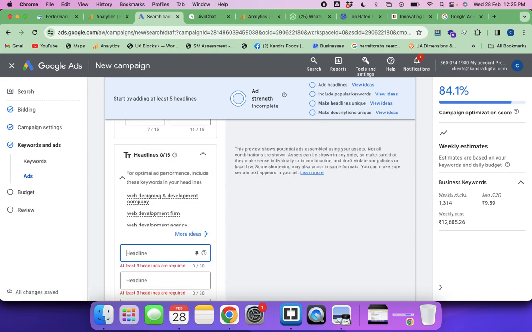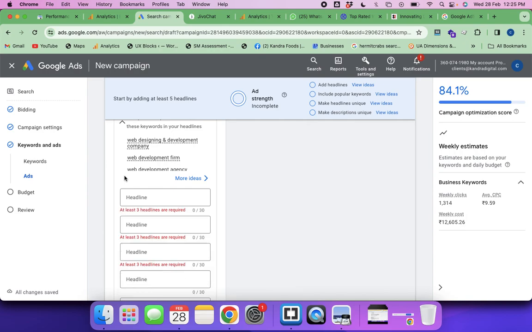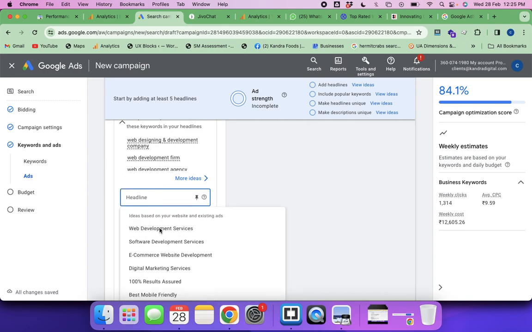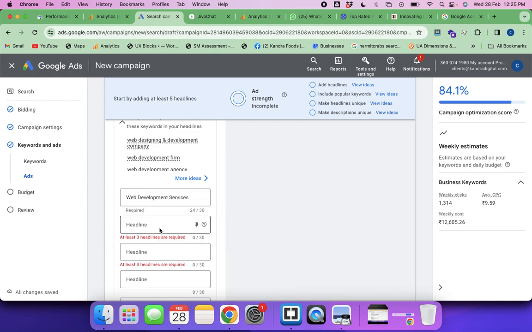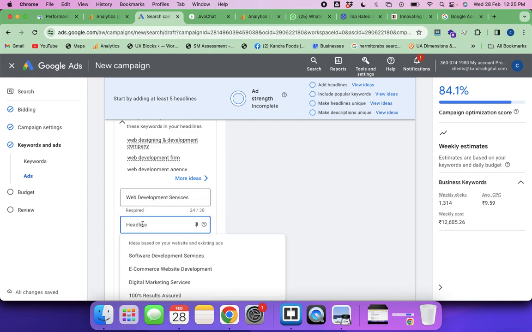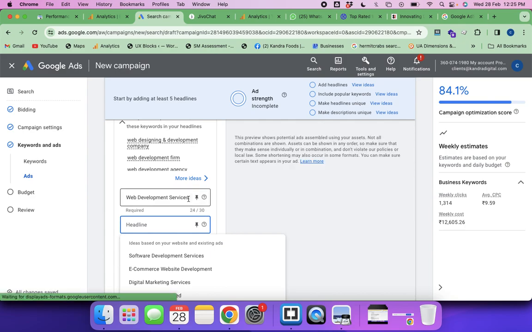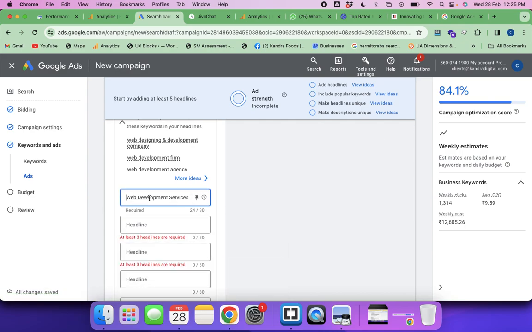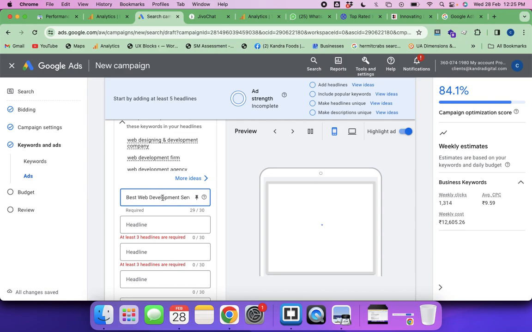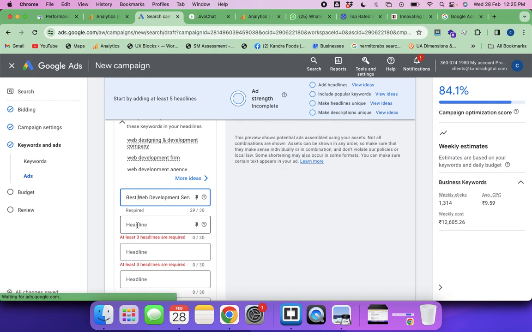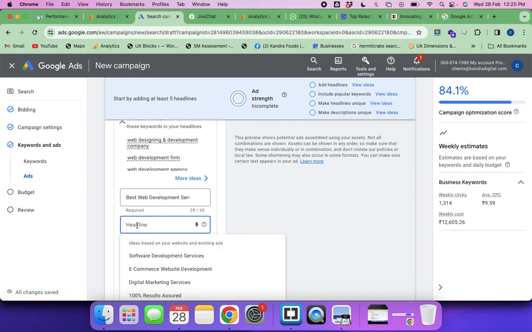You all remember in the previous stage we were seeing ad rotation. Based on this, the heading will be web development services. My second heading can be up to 30 characters, and since we haven't made it to the full character count, I'll write best web development services